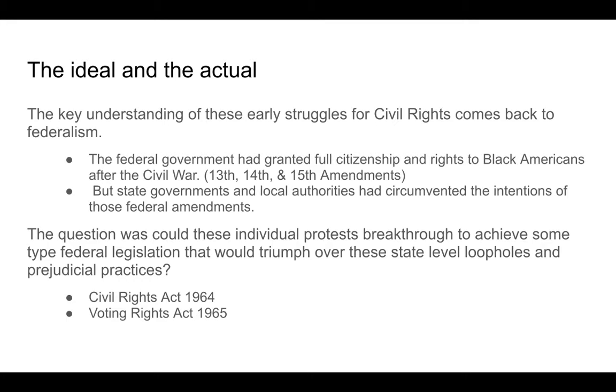A little bit of a spoiler alert, but a couple of the big breakthroughs, and the reason we celebrate the modern civil rights movement, is because federal laws are going to be passed. The Civil Rights Act of 1964 and the Voting Rights Act of 1965 are examples of the federal government acting to end these state prejudicial practices, such as Jim Crow, segregation, and other forms of discrimination. We'll talk more about those two acts specifically, as well as the problems of voting disenfranchisement and equal opportunity, in another lecture and in other activities.